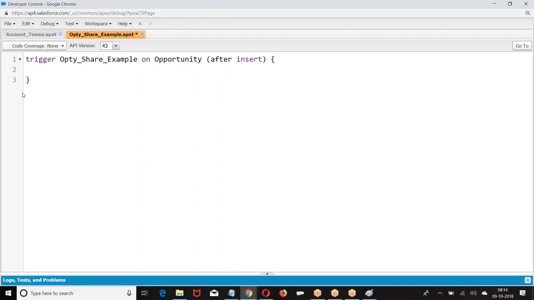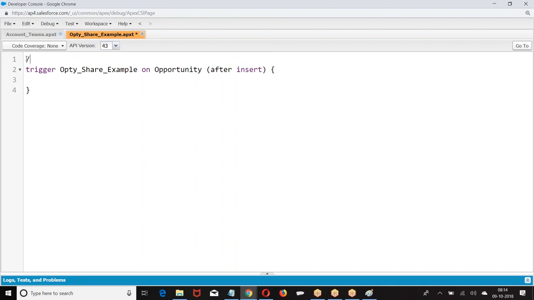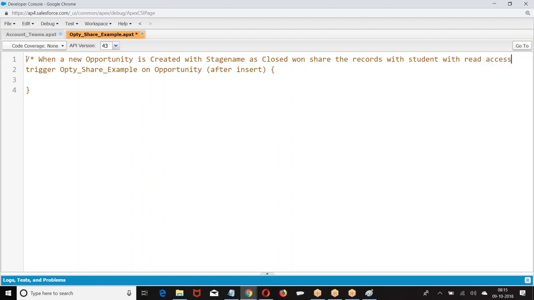Now, my requirement is whenever a new opportunity is created, stage name as closed one, share the record with. This was my requirement.